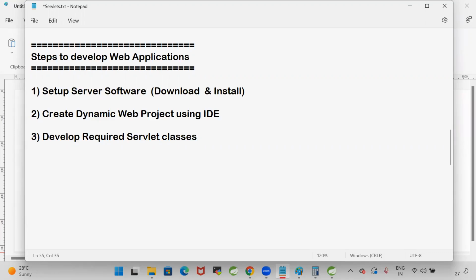Then develop required servlet classes. So we can create multiple classes also, like login servlet, welcome servlet, greet servlet. You can create any number of servlets in the program. So develop required servlet classes. Guys, one more thing is,